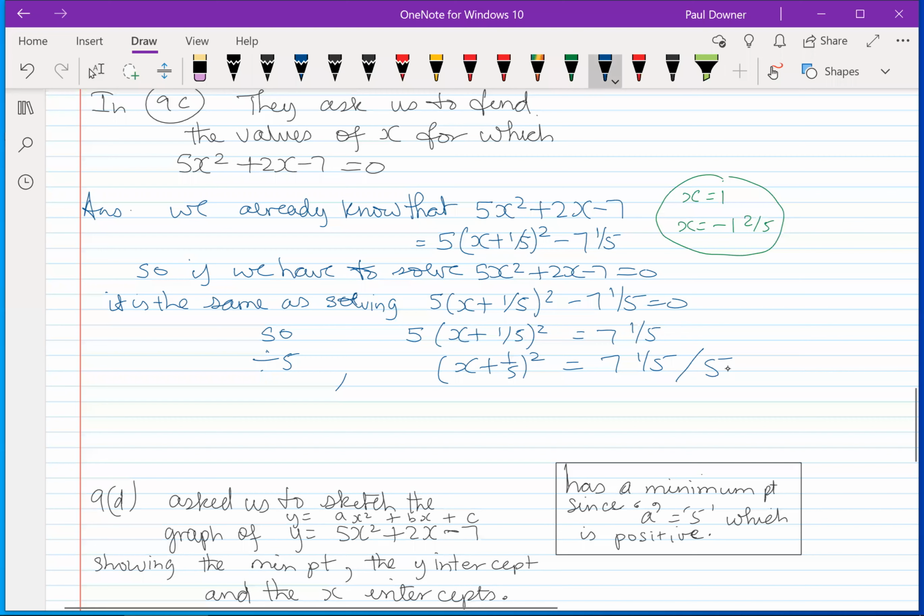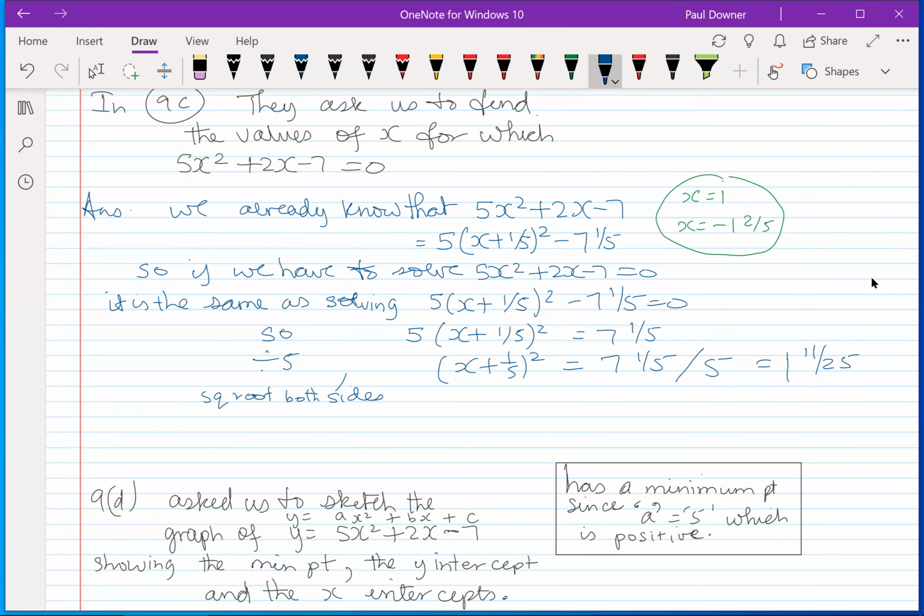So if I do that calculation, if you have a calculator, you could check it. If we divide it, we're going to come up with 1 and 11 over 25. This works out to be 1 and 11 over 25. The next step is to get rid of the squared sign here. See this square? We have to get rid of it. And to get rid of a square, we do the opposite, we square root. So I'm going to square root this side, and I'm going to square root this side. Square root both sides,